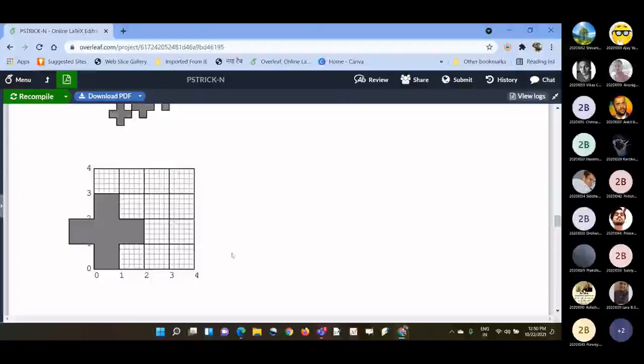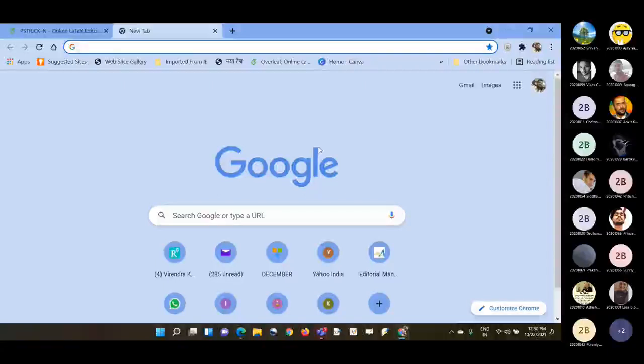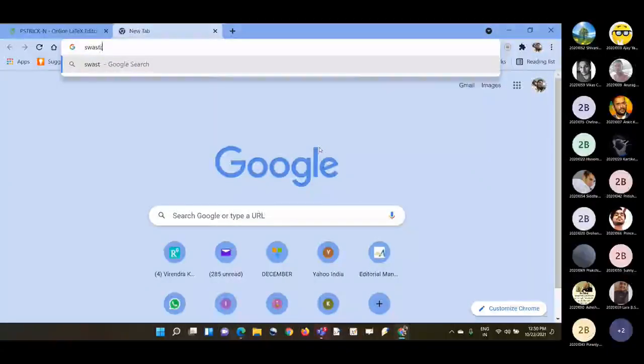Like this. And you can also use this to make swastik symbols. In a swastik symbol you will require so many coordinates.